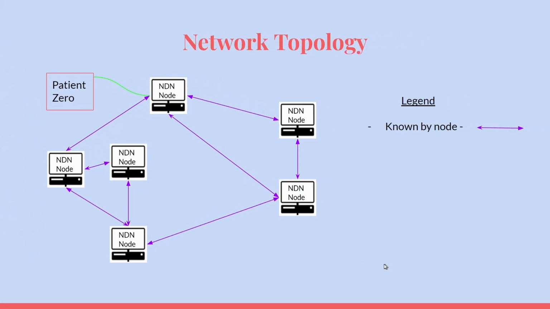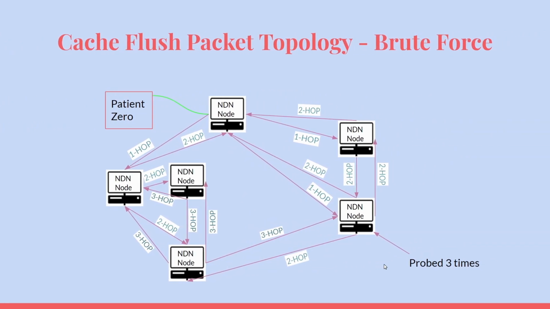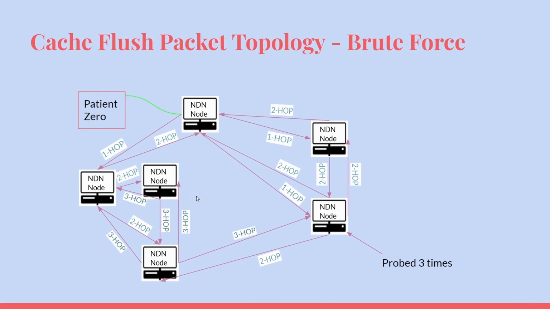We will explain our algorithm using this network topology example. In each of the next 3 scenarios, the node structure of having the knowledge of its neighbors will be the same. And in all scenarios, the same router will begin propagating cache flush packets, which will be known henceforth as patient 0. The first example being the brute force case, patient 0 begins the process by sending the packet to 3 nodes that it knows. This will cause flooding to persist in the topology, since every node will broadcast at least once when it receives that specific cache flush packet, as we can see with the patient 0 receiving its packet back.